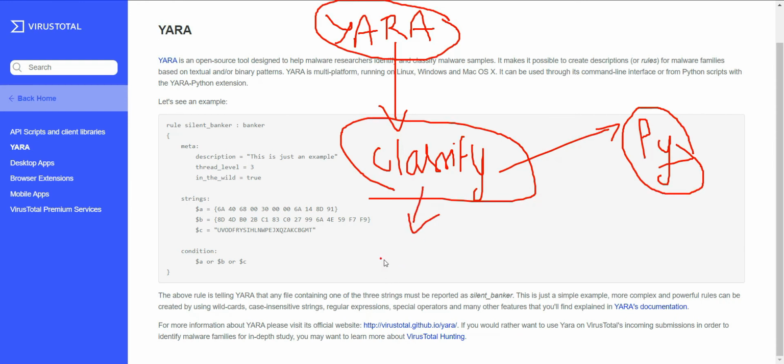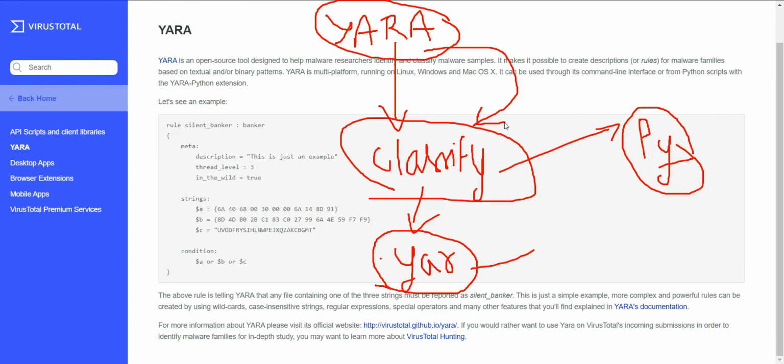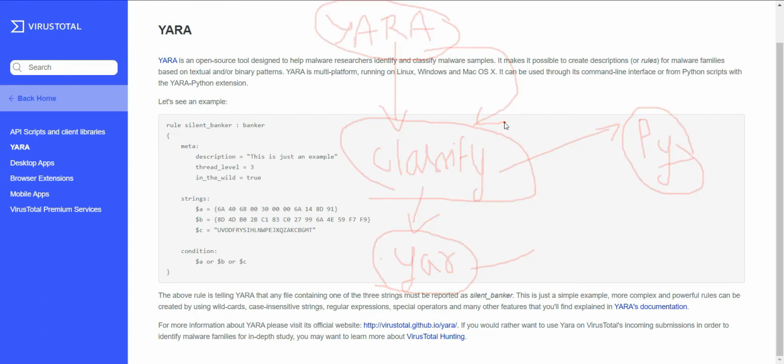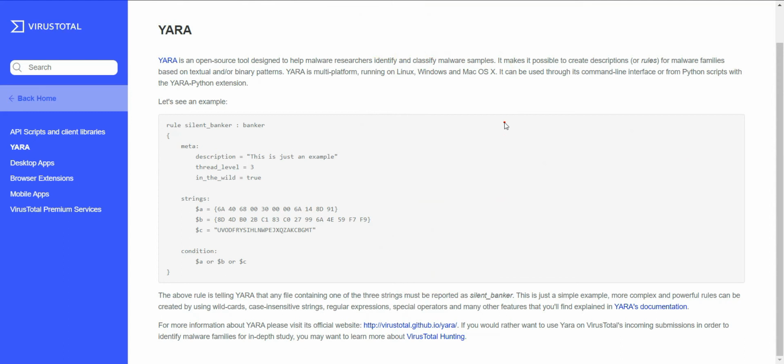I also know that these Yara files are saved with the extension .yar. We have the information that a Yara file is used to classify or make rules about malware families on the basis of textual or binary patterns.